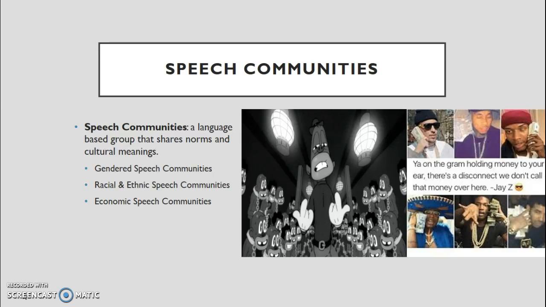Racial and ethnic speech communities, a great way to look at that is Ebonics, or African American language, or African American vernacular English, and then economic speech communities. So do wealthy people only talk about certain things versus people who are in different socioeconomic classes? Do they talk about certain things in a certain way, and what does that mean? And so I think to hone in on this idea of speech communities, Jay-Z has a video